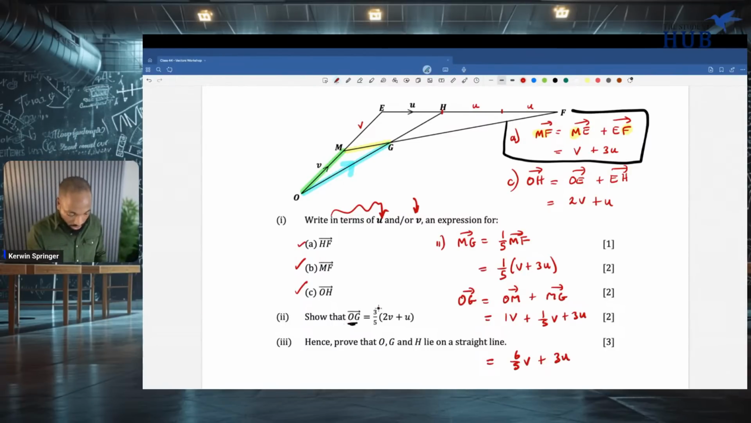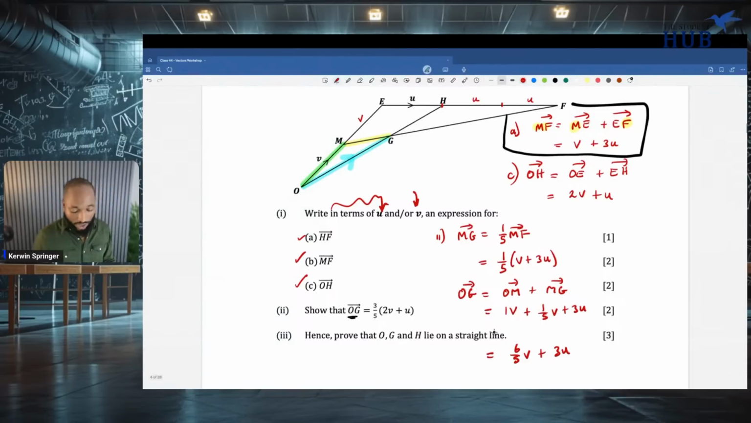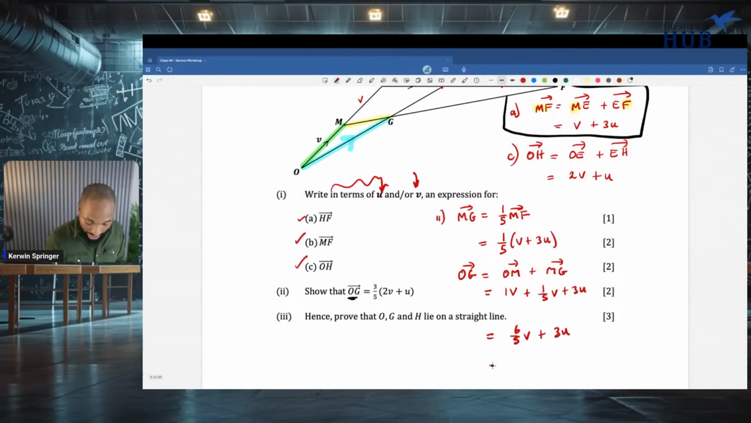What they are telling us, OG should look like 3/5 of 2V plus U. This is popular with vectors. So you find something, but they have it slightly different. Can you see these similarities? What must be factorized out to just reach the last line? Of course, 3/5. 3/5 times 2 is 6/5, so that's 2V. 3/5. What I need to do here, divided by a whole fifth. 3/5 times,